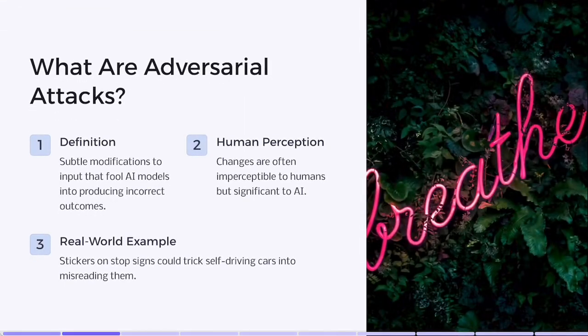An adversarial attack occurs when an attacker introduces slight modifications to an input, like an image, text prompt, or audio clip, so subtle that humans barely notice them. However, these modifications can fool an AI model into producing incorrect or bizarre outcomes. For example, imagine a stop sign with tiny stickers placed in strategic spots. A self-driving car's AI might read it as a speed limit sign, leading to dangerous behavior. The core idea is the AI sees small changes in pixel values, word embeddings, or sound frequencies as major cues, leading